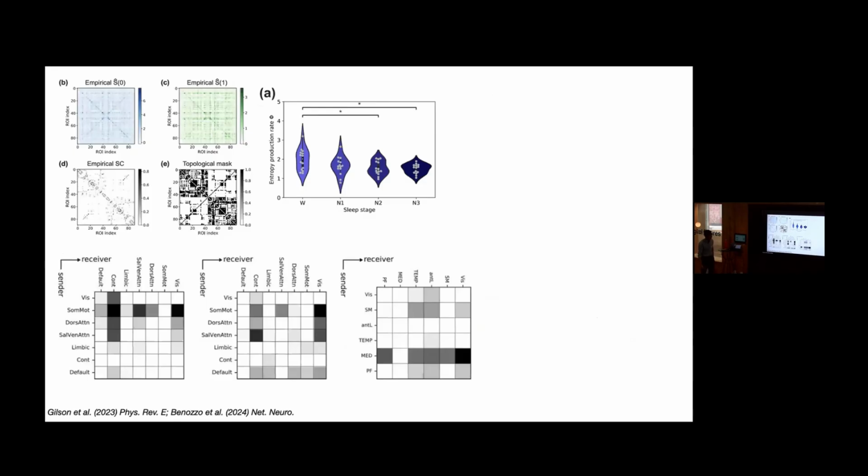So we weren't the only ones who had this idea. Like I said, Mathieu Gilson's lab did this with sleep data. And again, they're interested in the asymmetry in this connectivity matrix that you fit. And also Benozzo et al. did a similar thing. They looked at how much is being sent from each of the Yeo functional networks and how much is being received. And you have this new perspective that I think was missing: it's somewhat causal and somewhat asymmetric. It's not just about correlation. It goes beyond correlation.